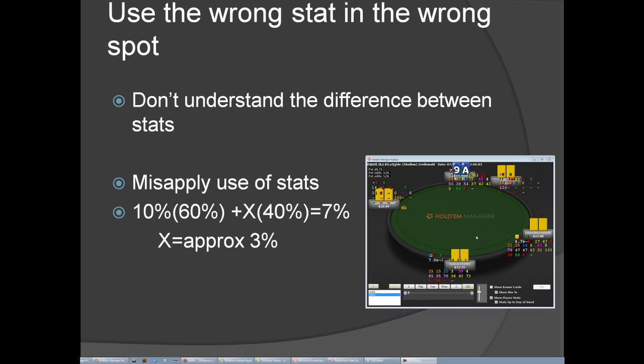Now, what is that telling us? That's basically telling us when this villain 3-bets versus an early or middle position open, they are playing approximately a 3% range. That's significantly different from the 7% range that we see when we pop up here and see that he 3-bets 7% from the big blind. And this is a very, very important factor to understand because there's a big difference between continuing against a 3% range and continuing against a 7% range. And I think that this is a common mistake that many players make by, again, misusing the